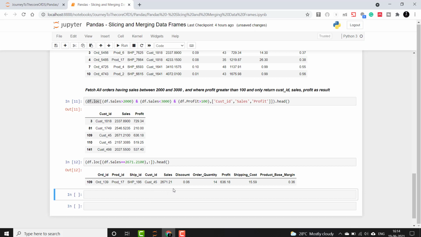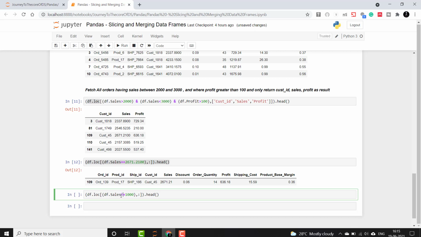Okay, so here you will see that it has exactly matched and returned the record as per the condition specified. Now let's see another example with not equal to. I'll copy this and change this number to 1000 and say not equals.